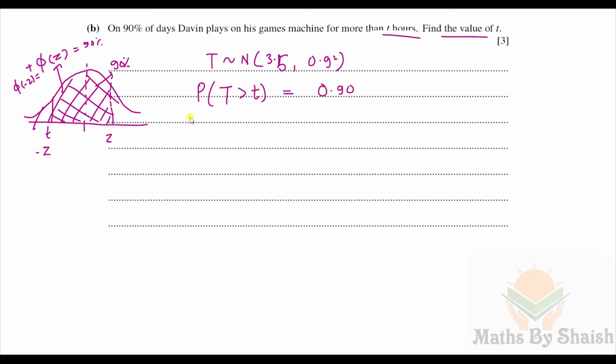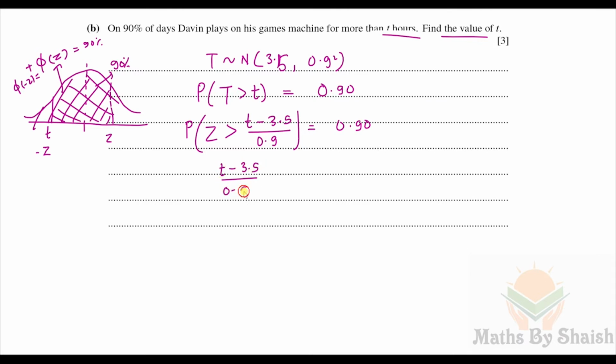In the standard score, z is greater than t minus mu 3.5 upon sigma, that is 0.9, is equal to 0.90, or we can write after this t minus 3.5 upon